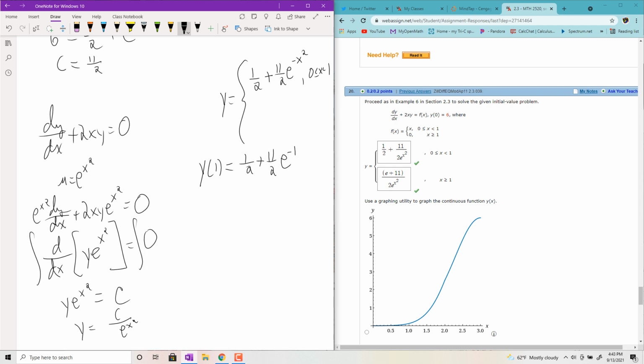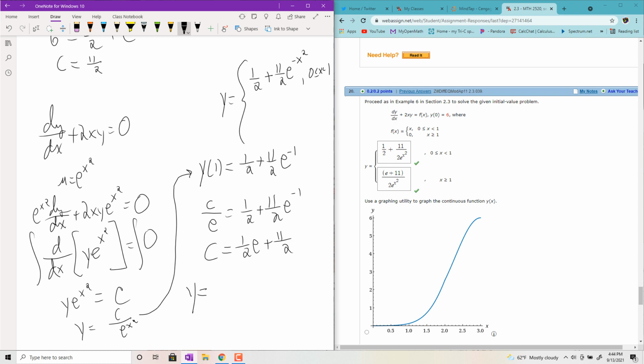So I need this thing to equal that thing. Okay, so I'll put c all over e to the 1 equals 1/2 plus 11 halves e to the negative 1. Multiply everything by e, you get 1/2 e plus 11 halves,